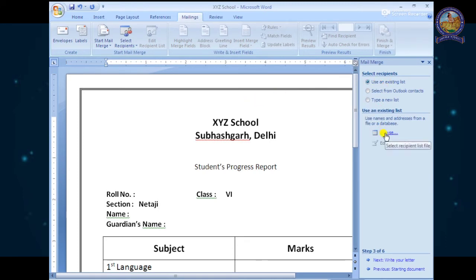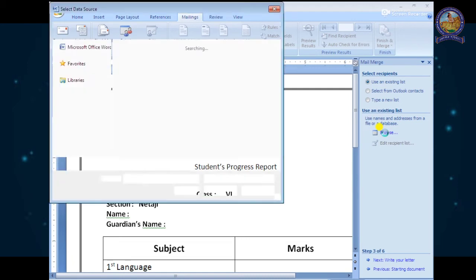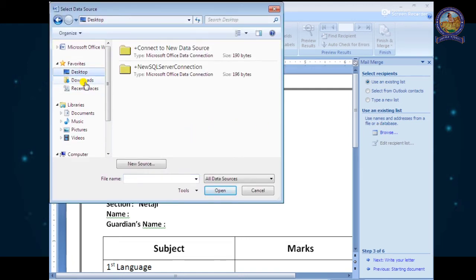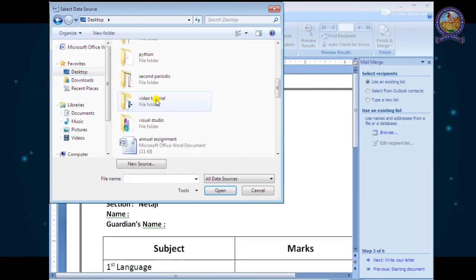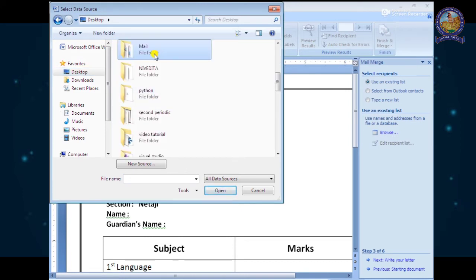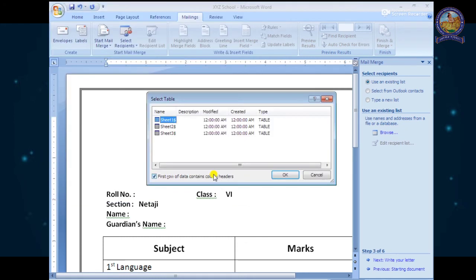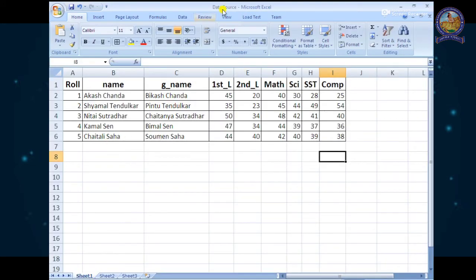We have a list, and click on Browse. Now we will browse to where the data is kept. I have kept it on my desktop in the folder Mail. Here this is the data source. Click it, open. As soon as you click on Open, it displays 3 sheets, as this data source has 3 sheets, 1, 2, 3.